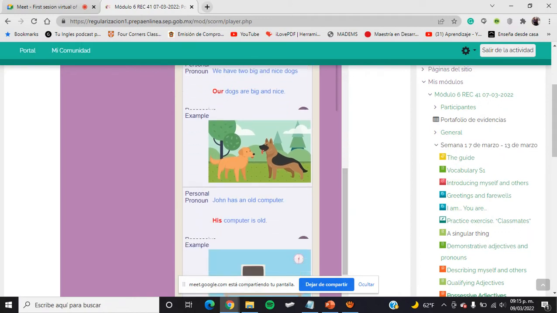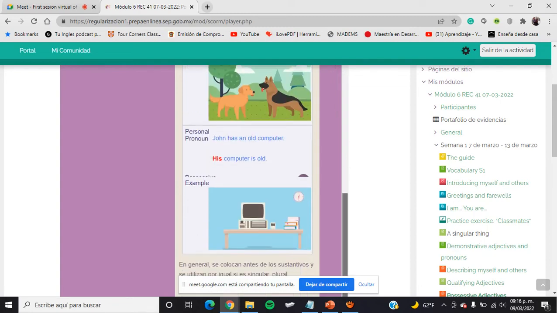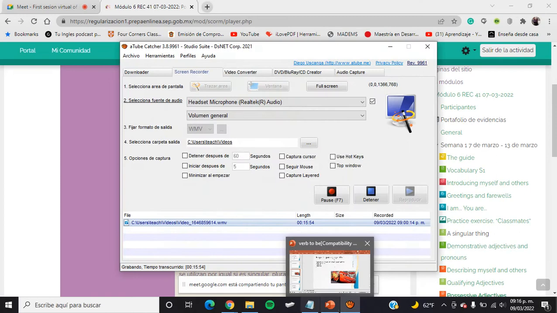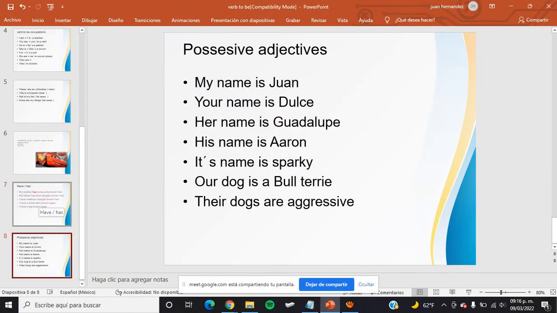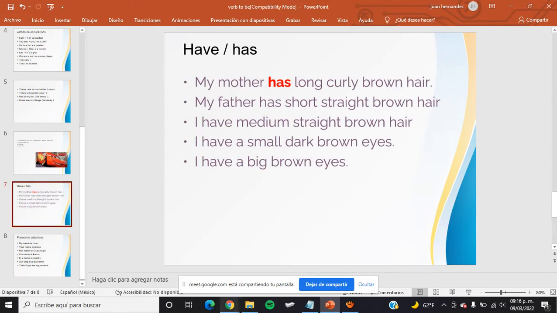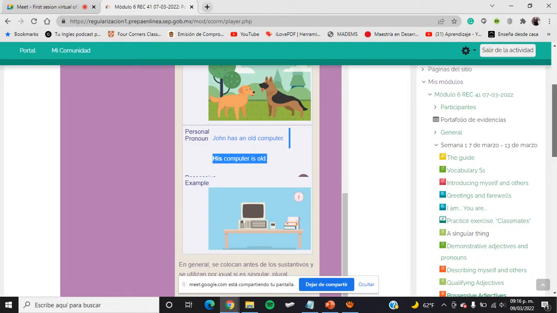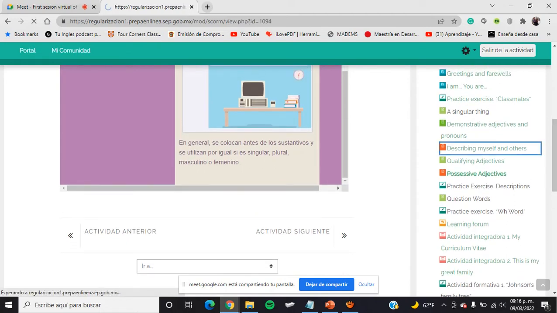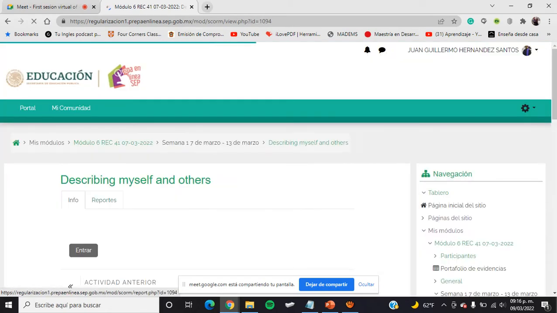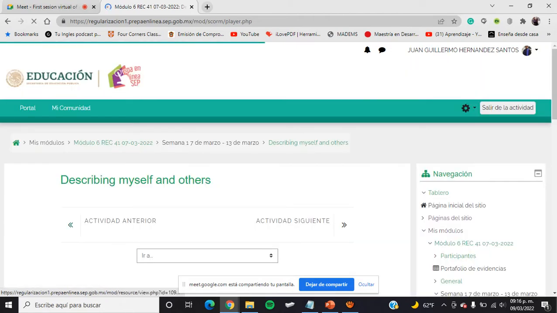Aquí dice John, tiene el nombre de él, John. Y para John siempre va a ser his. Y para ella va a ser her. ¿Ok? Para ella siempre va a ser her. ¿Ok? Aquí no viene esta parte, que es para ella, pero en este caso, aquí lo tenemos. Entonces ahorita voy a ir con esta parte. ¿Vale? Entonces, voy a ponerte esta parte donde viene la descripción tuya y de otros. Vamos a entrar aquí a esta parte para que veas cómo puedes hacer la descripción tuya de manera física.